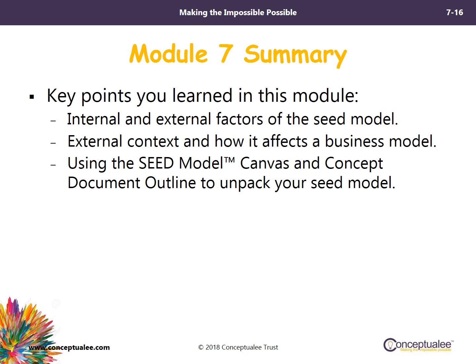And if you remember, we still are in just ideation. We'll do a summary in Module 8 to bring all those pieces back together again, but we've been on the seed model canvas, which is still part of ideation. This is your initial seed model. The process that we have modeled here is just taking you through the ideation stage. Now, the great thing is that even though that's a very early version of whatever your seed model is going to be, because you have the seed model canvas and the concept document outline, you can keep iterating and actually work to get your business model more mature.